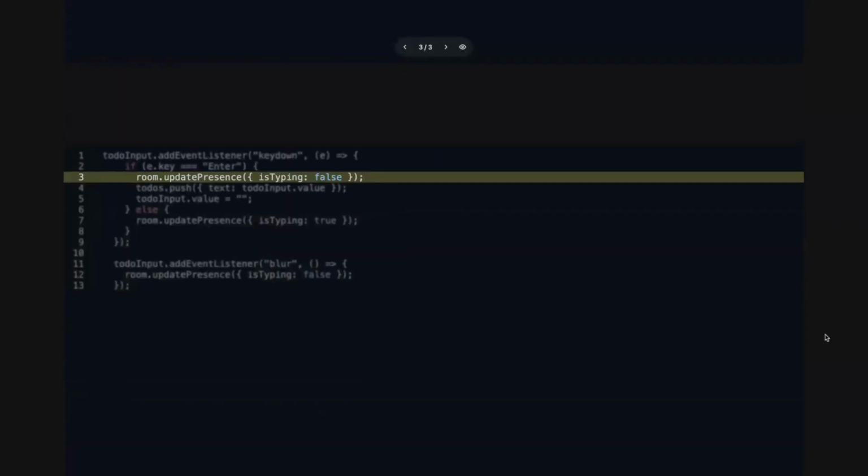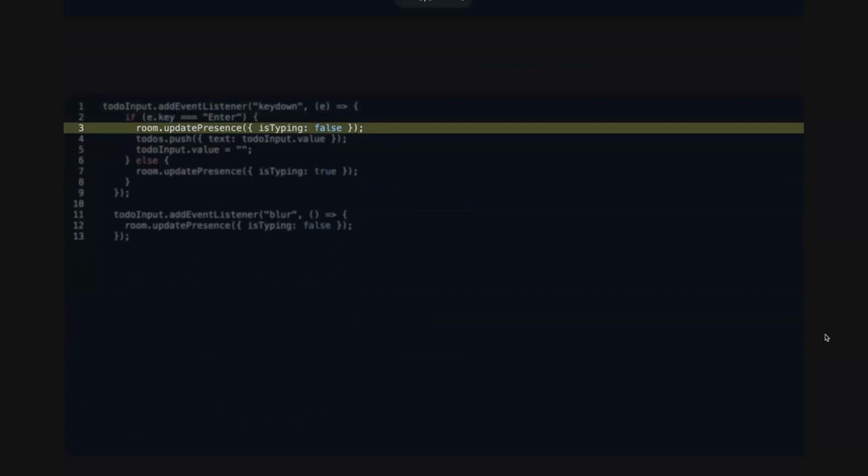And so now that we've created our room, joined it, and are listening to events, we now want to send events. So what happens when we start typing? We want other people to see that we're typing. So we can see that if the